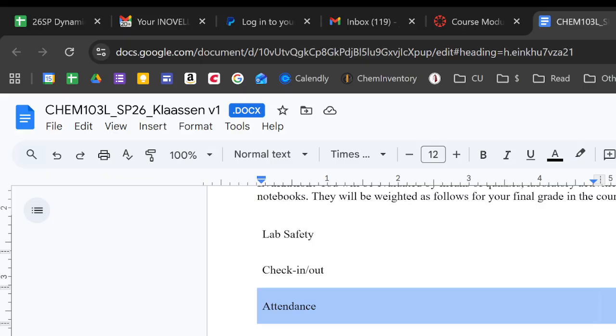You get 10% for being here. Okay? You need to be here, but you also need to be an active participant in lab, right? If you are not an active participant in lab, I will pull you aside. Every semester I've had to do this for the last 5 years now. Before this, that never was an issue, but for some reason it is an issue now. And I've had to go, hey, you can't just sit there and watch your lab partner do stuff and then occasionally not know what you're doing, and screw up what they're doing.